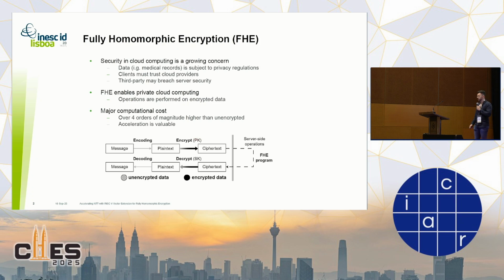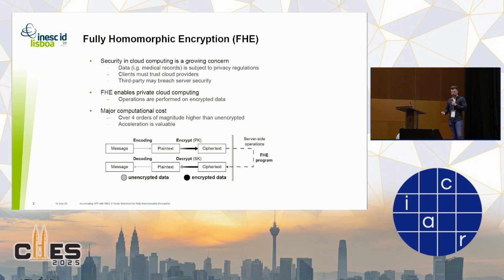as you know, security in cloud computing is increasingly important, and there is some data that is subject to privacy regulations, such as medical records. And so the clients that use these servers must either trust the cloud providers, they must trust that the security is not going to be breached by a third party, or they can take matters into their own hands and use fully homomorphic encryption, which allows you to operate on the encrypted data, as you know. However, this has a really high computational cost, typically over 4 orders of magnitude, so it's pretty important that we